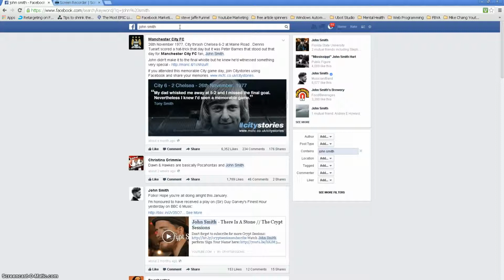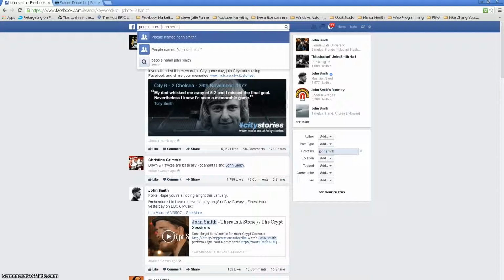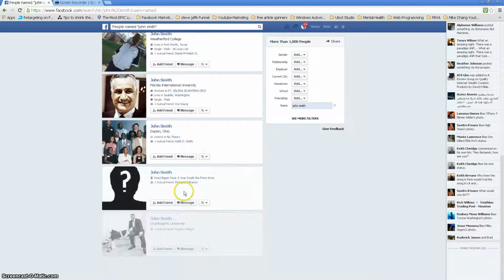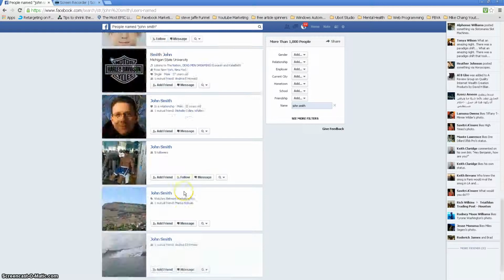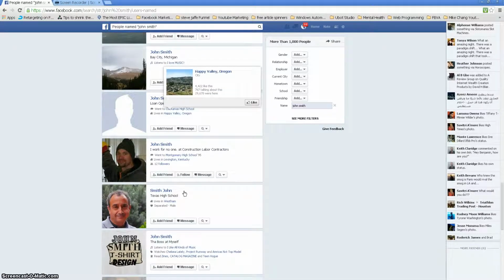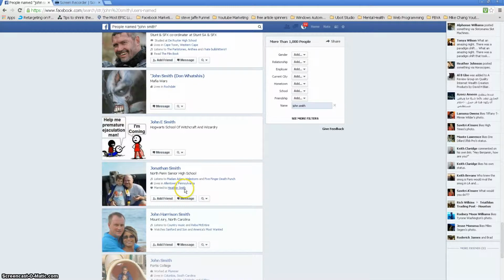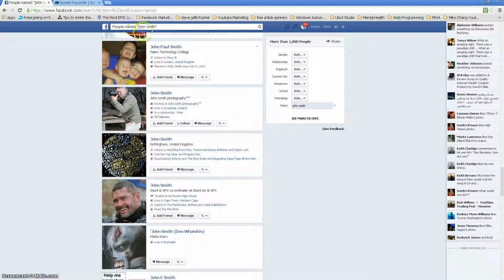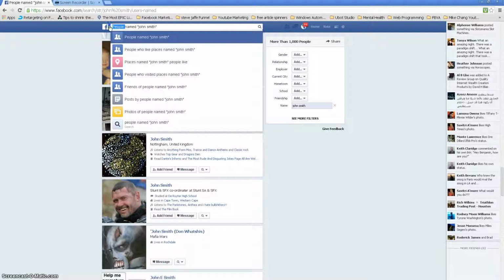But if you change it to people named John Smith, this is what Graph Search is designed to do. It's designed to let you type in a phrase that gives you the results that you want. So you see, when we look for people named John Smith, we get the blue icon with the white silhouette, and that's going to return a list of people on Facebook profiles. That's what you're looking for with the OG Graph Search right now. It's designed to return a list of people. So we have all these John Smiths popping up just by changing the search term to people named John Smith. Or if you wanted to find friends of John Smith,